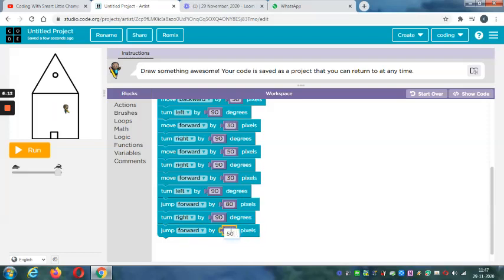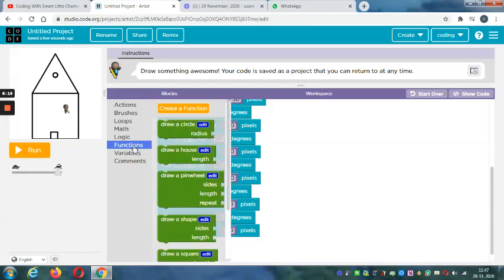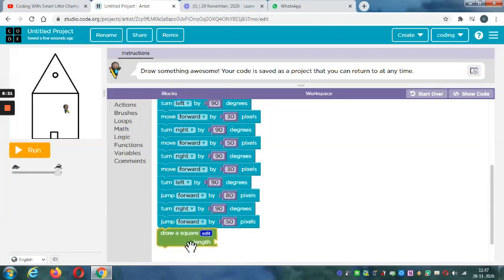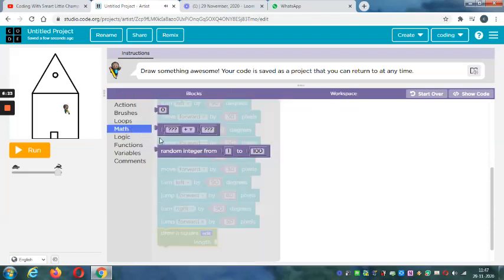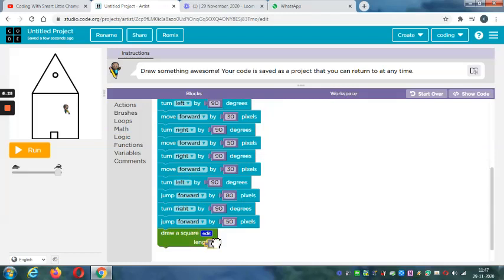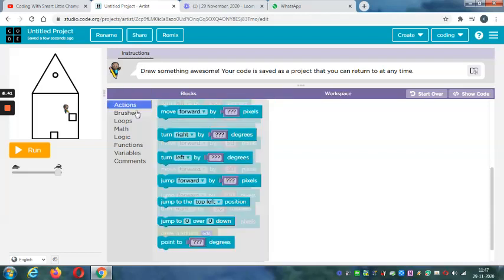Then again go in functions, take the draw square block, go in math, again take the first block from there and set square length as 30, as 30 is okay. And take jump backward